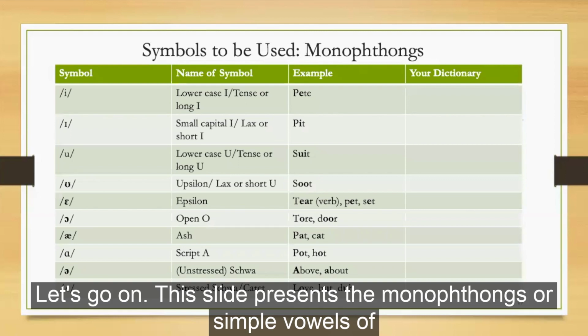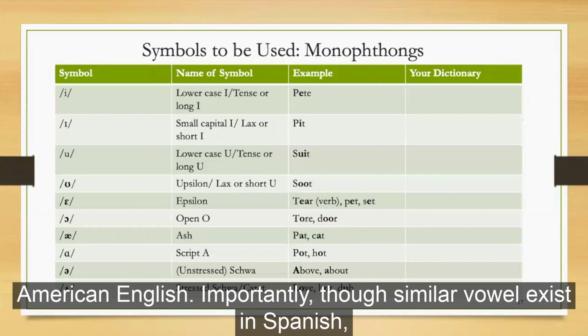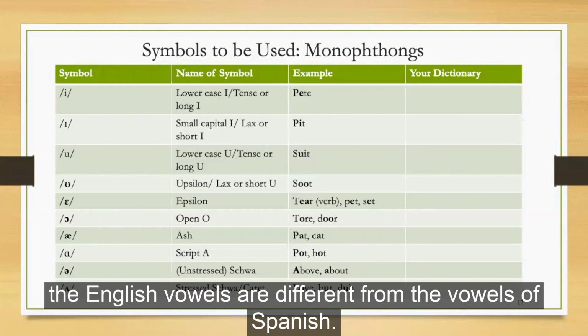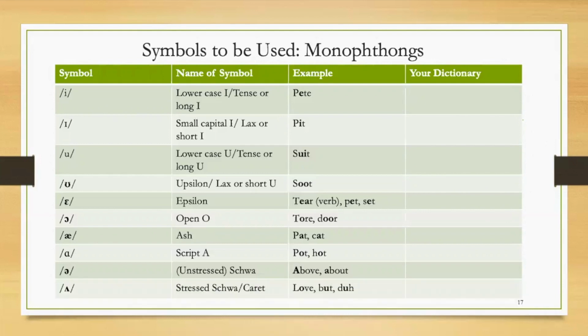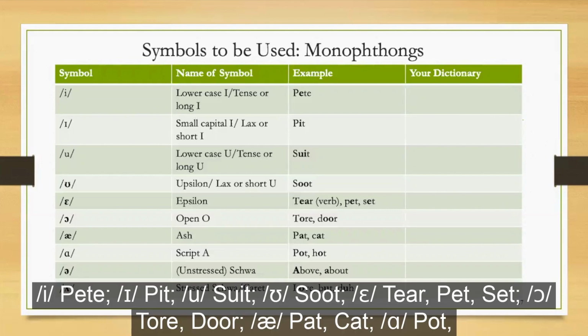This slide presents the monophthongs, or simple vowels of American English. Importantly, though similar vowels exist in Spanish, the English vowels are different from the vowels of Spanish. Listen. E, peed, I, pit, U, suit,